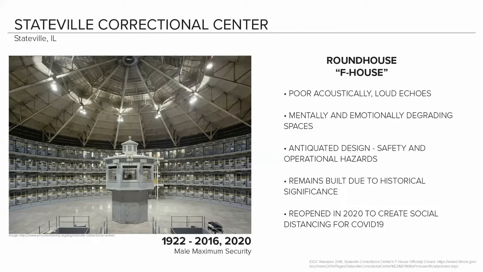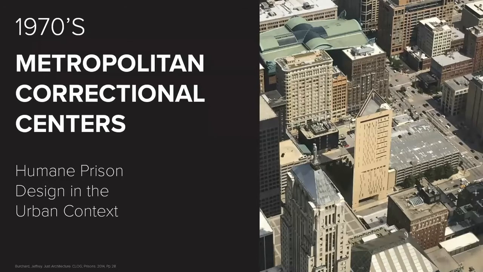COVID-19 for those incarcerated. In the 1970s, we see a brief experiment in bringing high-rise carceral facilities to the urban context through the MCCs, or Metropolitan Correctional Centers. This was based on the idea of humane design in the urban context, but in reality, these prisons look very similar to any other facility outside of the city. The only difference is they build up rather than build out, but this is due to the constraints of urban